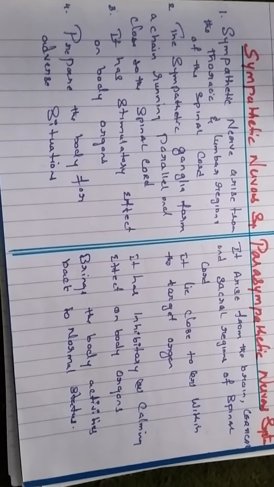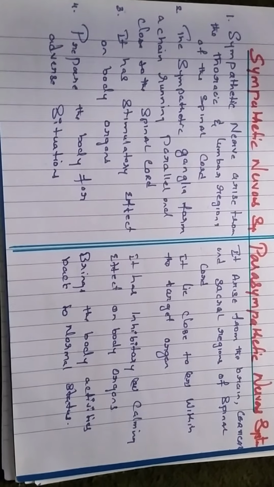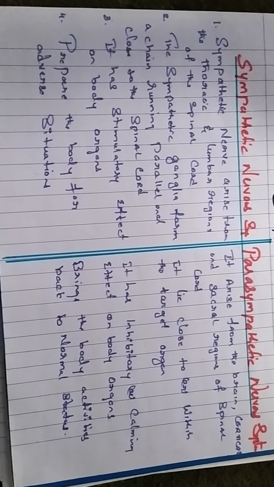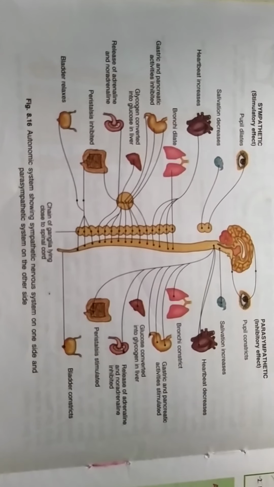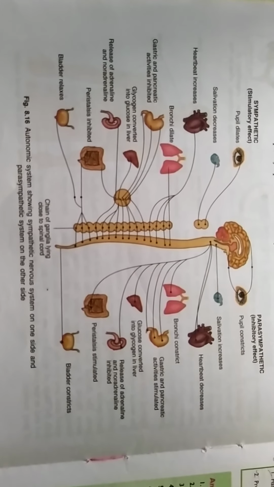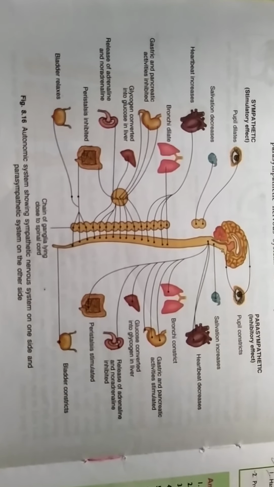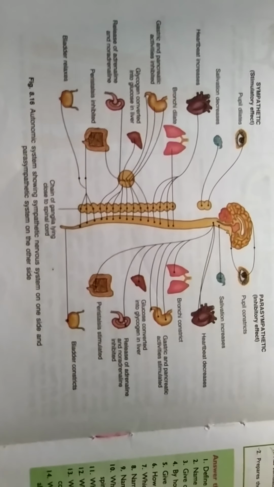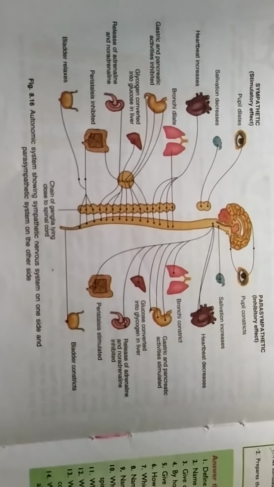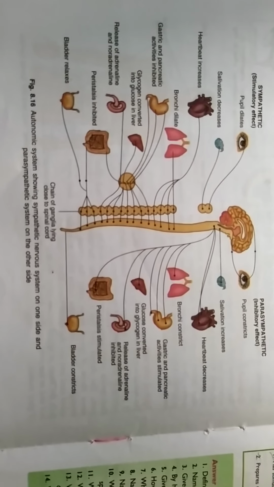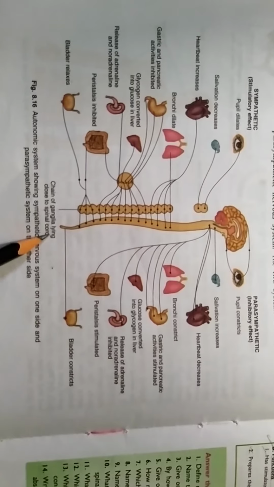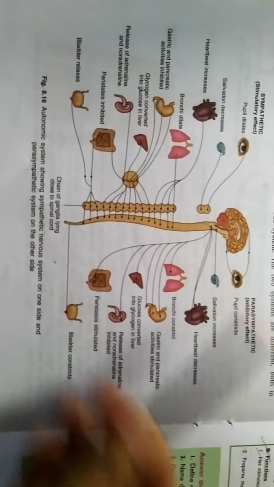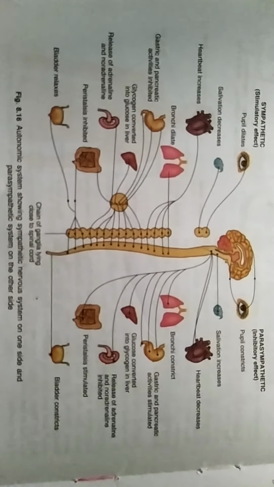Drastic changes occur when there is a disturbance inside the body, and that defect leads to disorders. As you can see here in the picture, it shows the sympathetic nervous system on one side and the parasympathetic nervous system on the other side, and how every organ is responsible for every stimulus action. Here is the chain of ganglia lying close to the spinal cord, from here till here, and each is responsible for each function.